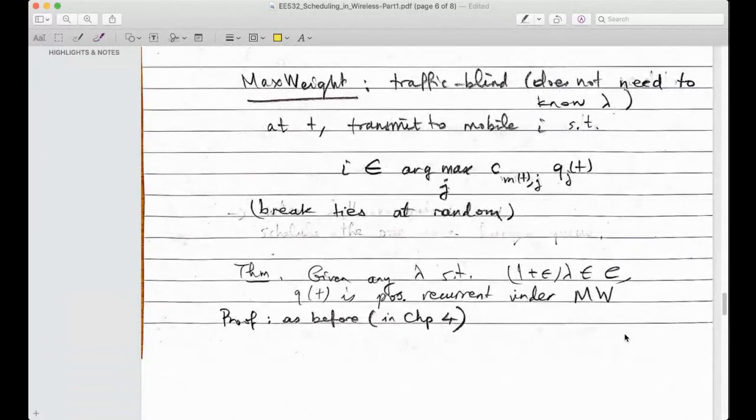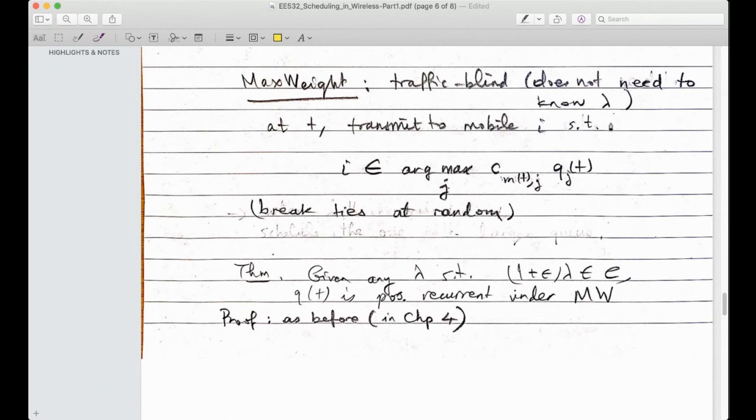All right. So this is the max weight algorithm, and what is the essential property of max weight that makes it such a strong algorithm? It is traffic blind. It does not need to know the arrival rate vector in order to do the right thing. Remember our earlier two-user example,